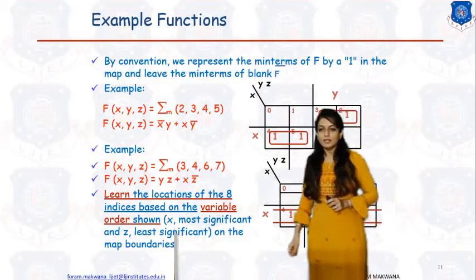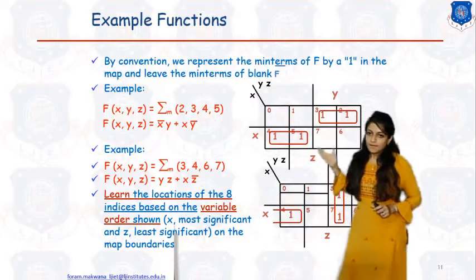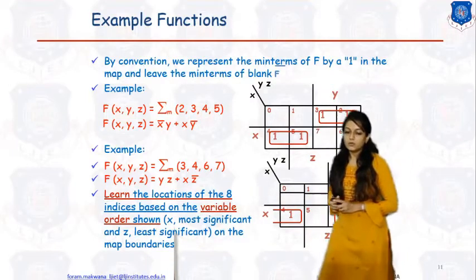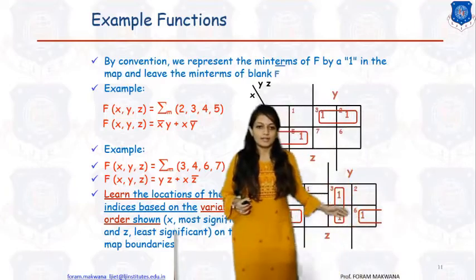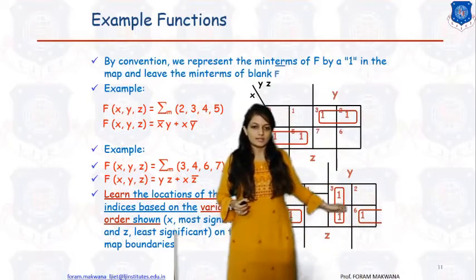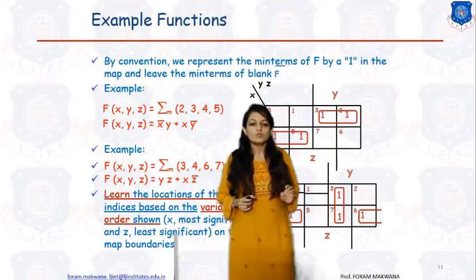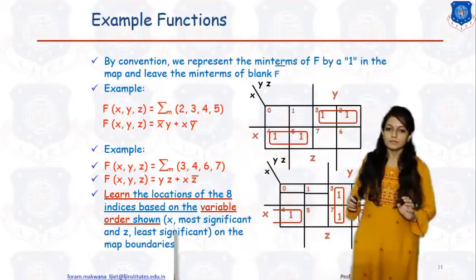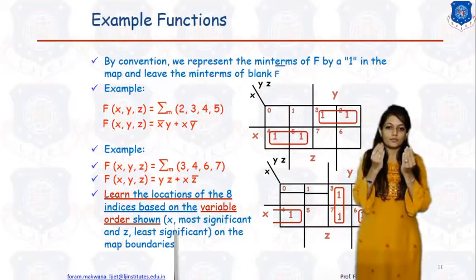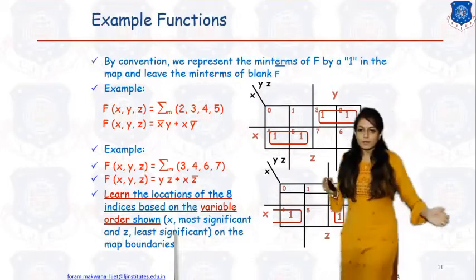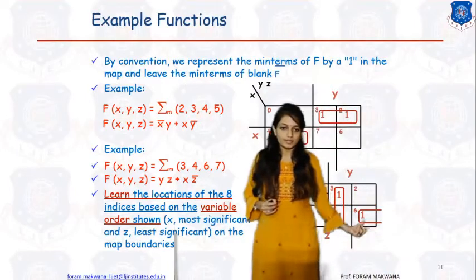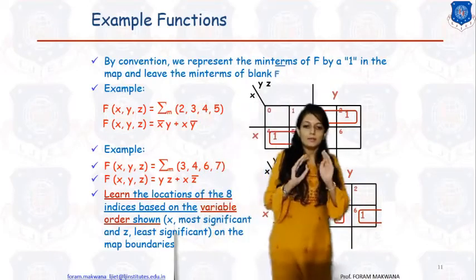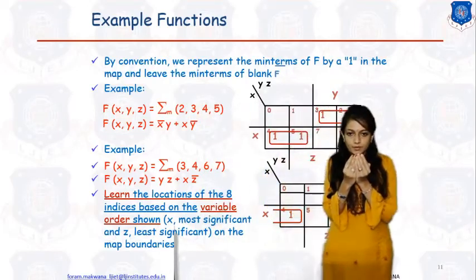Right. Similarly, we can also calculate another example if the 4 ones are distributed like this. Over here 1 is there, this one and this one. So by applying the folding of K map, right? So by folding, this one and this one are going to make a 1 loop.